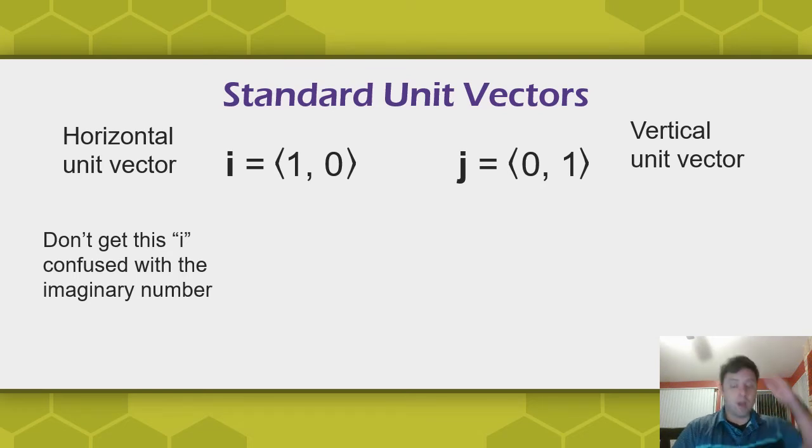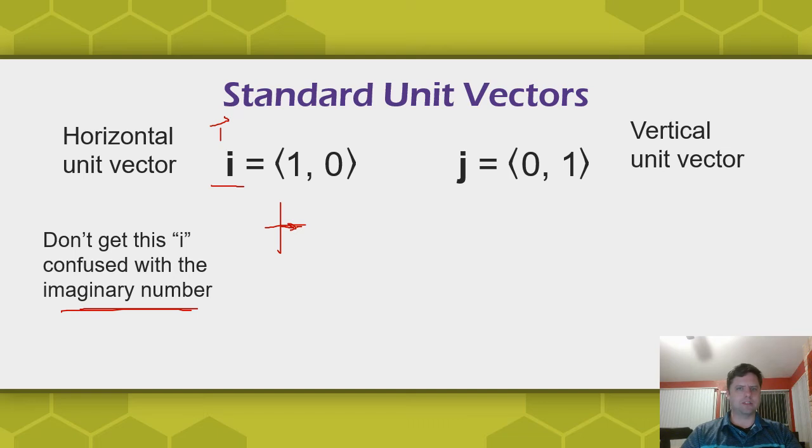All right, so also just take note of this, that standard unit vectors, the horizontal unit vector is just also called I. Don't get this I confused with the imaginary number i. Okay, this is bold I. Also going to be written I with again that half arrow over the top of it. But the I with the arrow, or bold I, is 1 comma 0. So in other words, if we were looking at the coordinate plane, it's just a vector that goes out just one